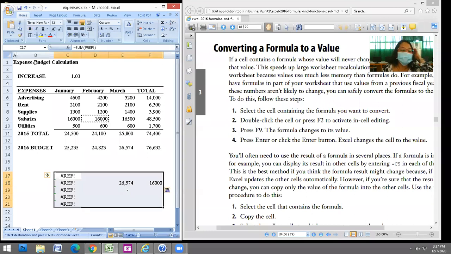Ngayon, ganito. Ma'am, paano? Ma'am, kung gusto ko, ma'am, kopyahan the value. Okay? You wanted this formula here to be copied in this area. However, value niya yung makokopya, hindi yung formula mismo. Okay? Ganito yung gagawin natin, guys. Okay? Isang step is